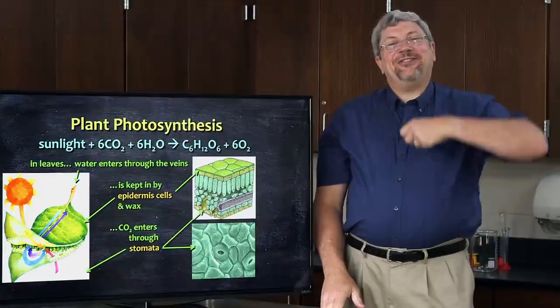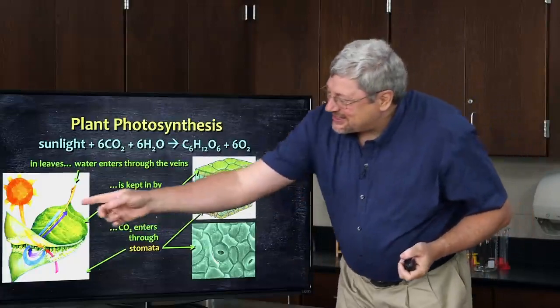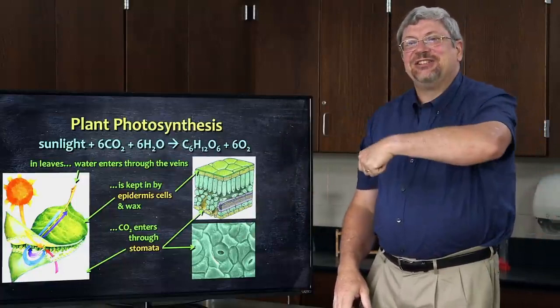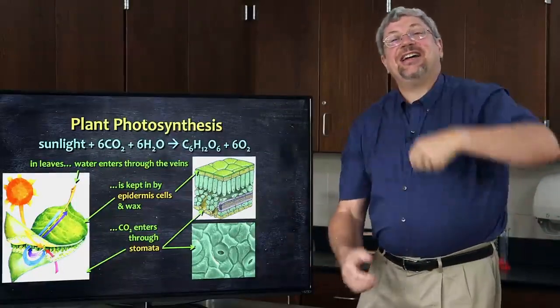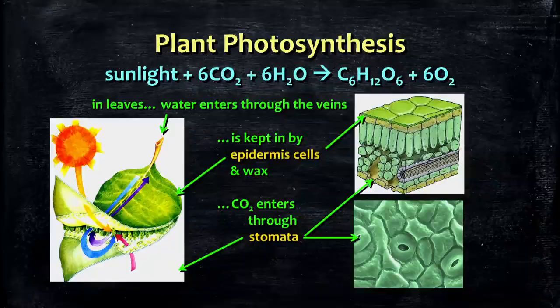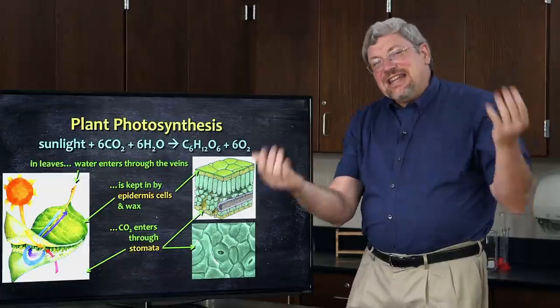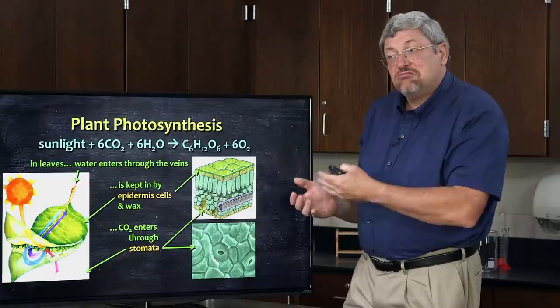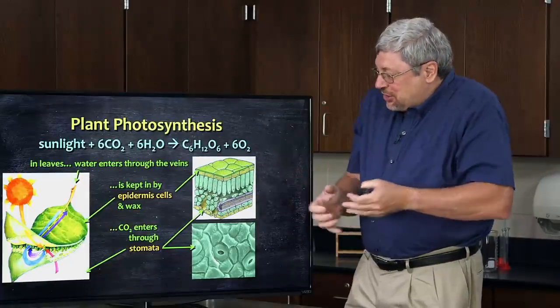But we have a problem if we do this really well. If we seal the leaf so that water can't get out, then we also seal the leaf in such a way that carbon dioxide can't get in. To solve that problem, the leaf is designed with little doors or holes called stomata in the epidermis, usually on the underside of the leaf, that can open and close. When the leaf needs the carbon dioxide, because photosynthesis is occurring, so that might happen during the day, for example, it opens up its